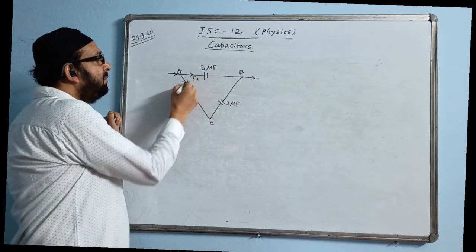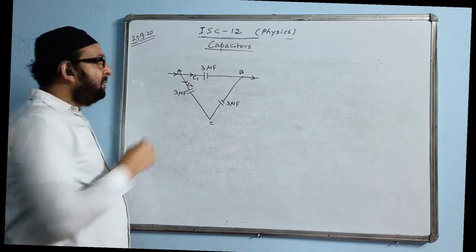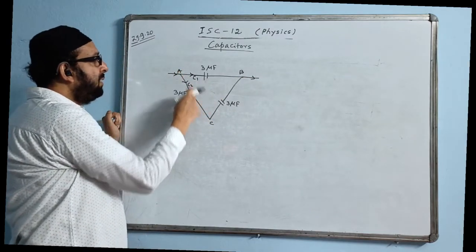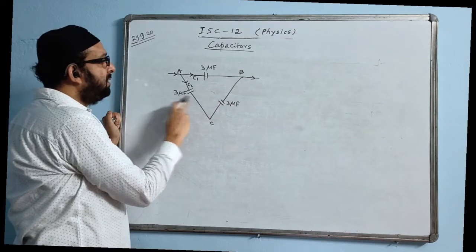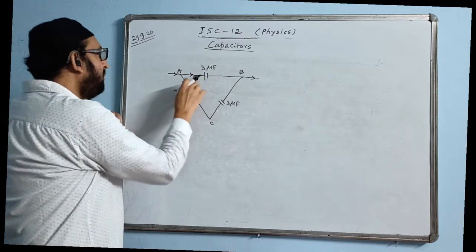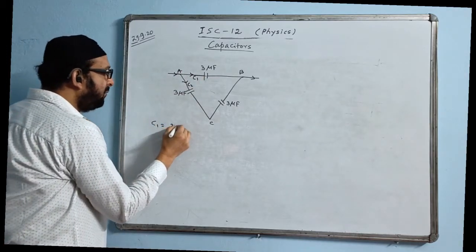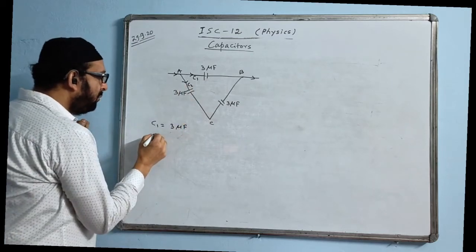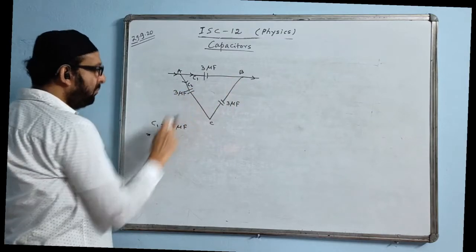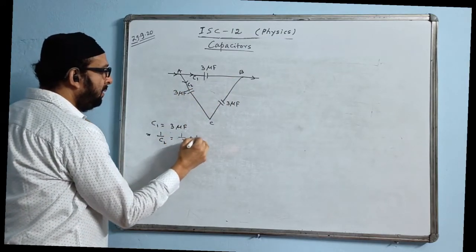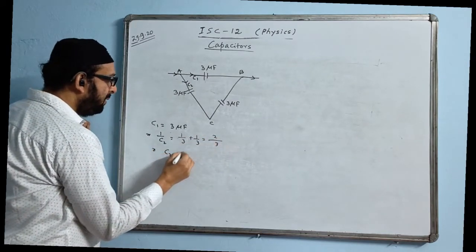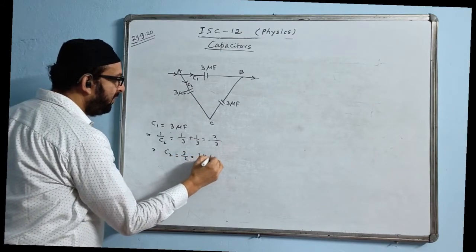That means this part I will take as C1, this part I will take as C2. C1 is a single capacitor, and the charge flows through it and comes out. In this other part, these two are in series, and they are in parallel with C1, because C1 and C2 are in parallel. First I will write C1 equal to 3 microfarad. The C2 value will be calculated by this formula. 1 by C2 is equal to 1 by 3 plus 1 by 3, because these two are in series. LCM is 3, 1 plus 1, 2 by 3. Therefore, the C2 value will come 3 by 2, that is 1.5 microfarad.